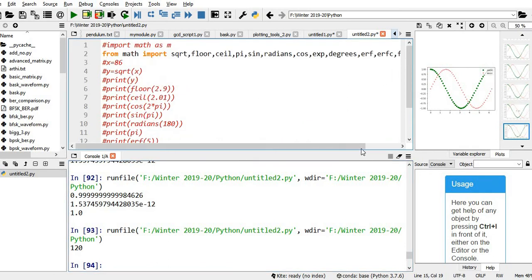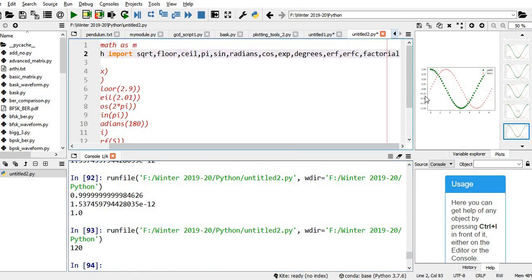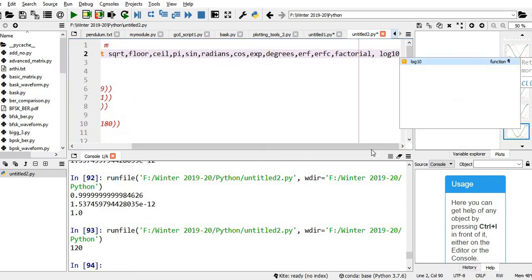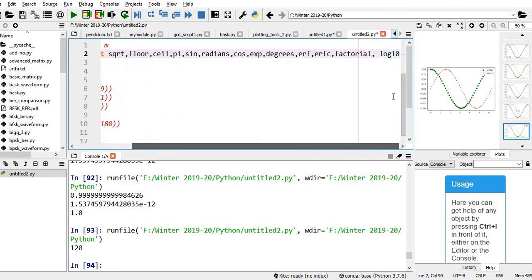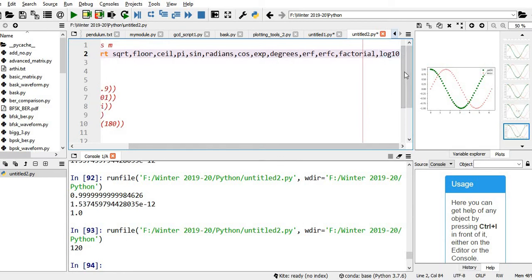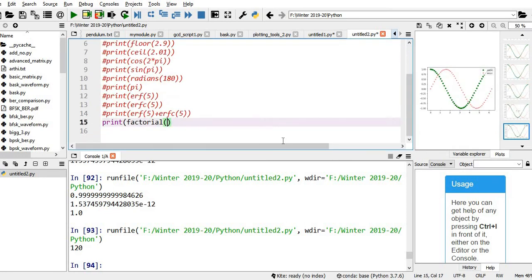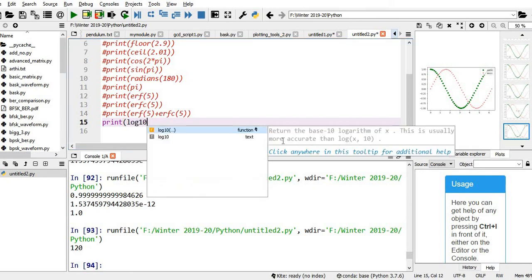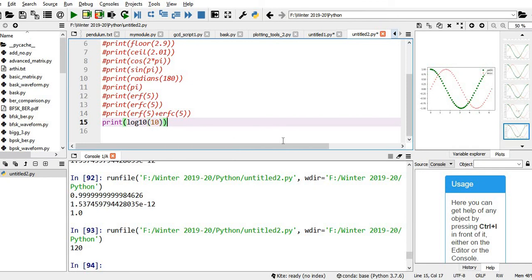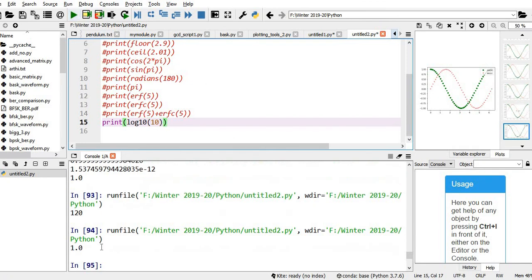Let me import log10 first. Let me do other functions also, log2. Print, we'll verify whether log 10 base 10 is 1. Yeah, it is 1. Similarly, log 2 base 2 is also 1.